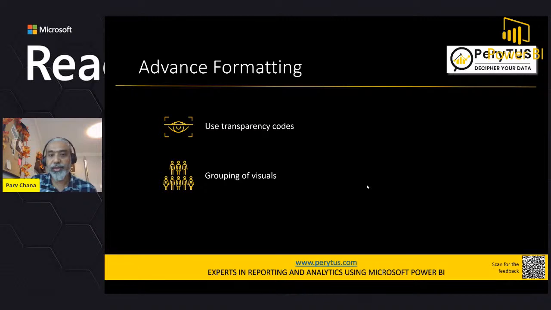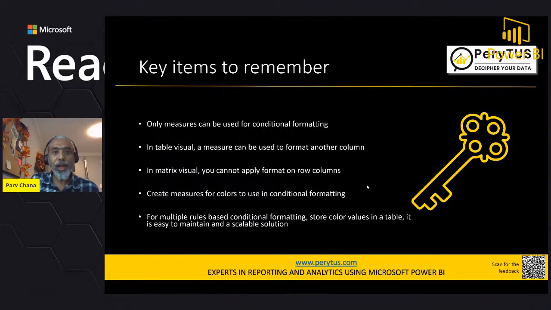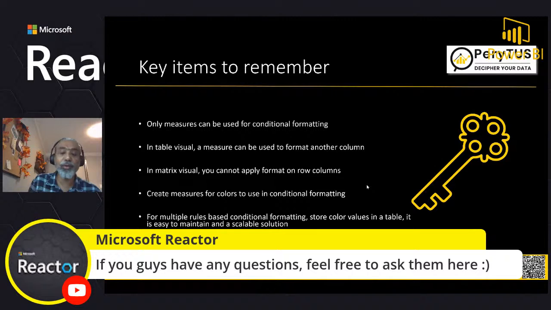Okay, you have selected the period which doesn't have the data, and we just saw that demo. On my blog, I have shown the technique, and you can download the Power BI file there, which has all the information. Quickly to remind, only measures can be used in conditional formatting. In the table visual, we saw you can format a column based on another measure, but not in the matrix visual. Again, create measures. I love creating measures and then using them for conditional formatting rather than going there and setting up the rules and whatnot. It becomes very tedious if you have to go and change it.